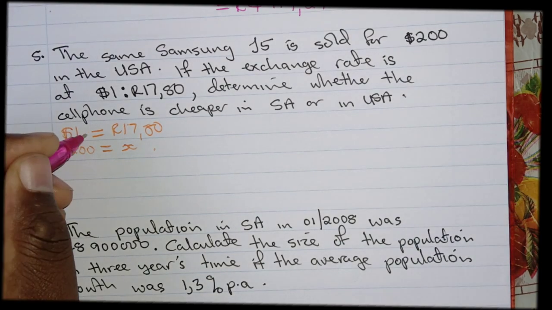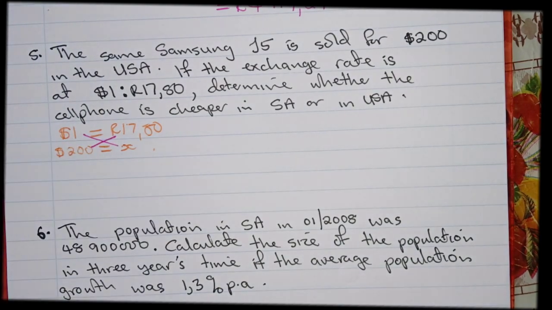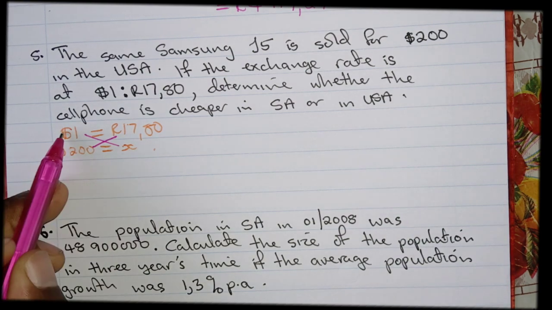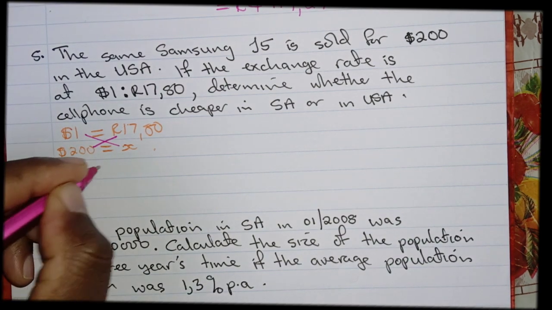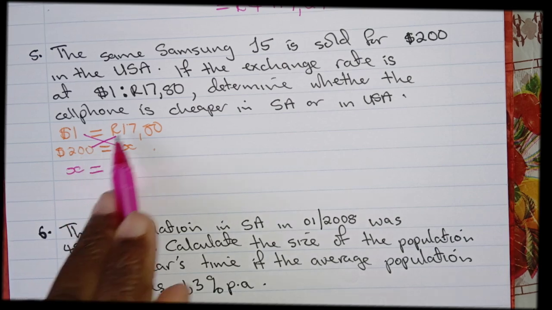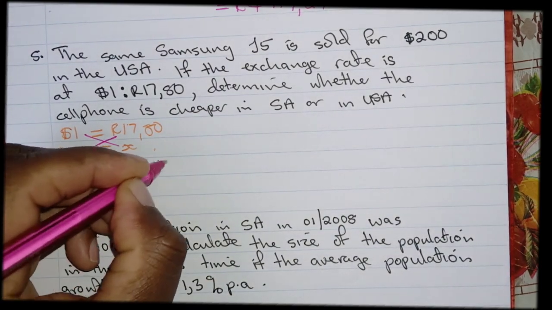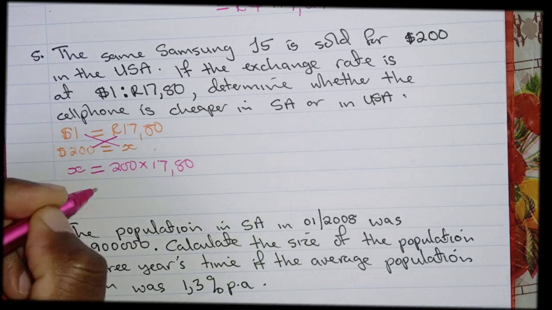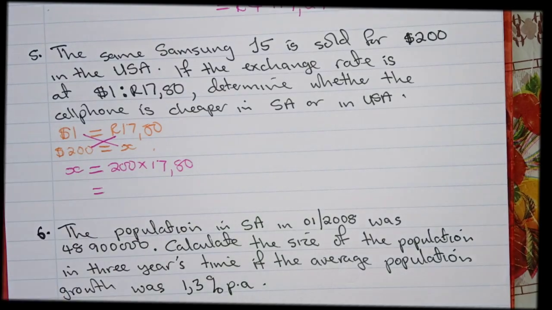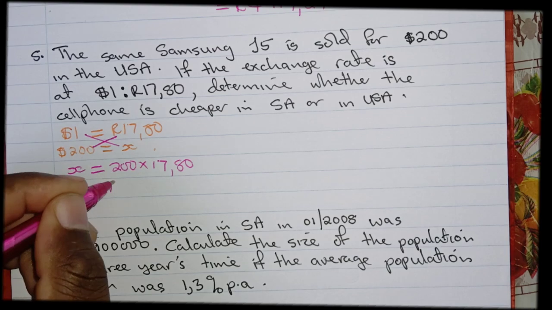Now, for this one, we can use cross multiplication, right? So this is going to be x multiplied by 1, then x, and then 200 multiplied by 1780. 200 multiplied by 1780, that is going to be equal to